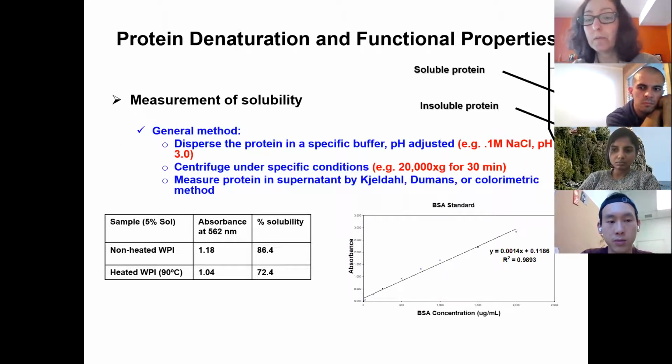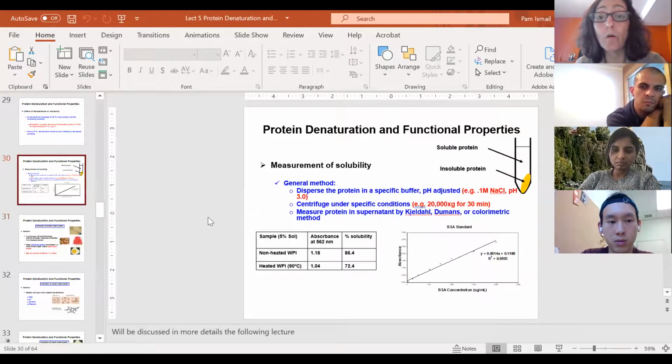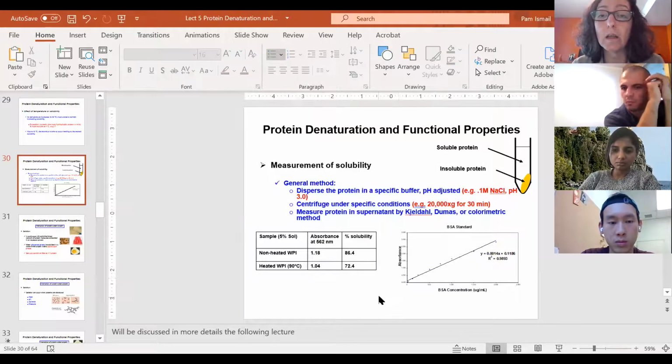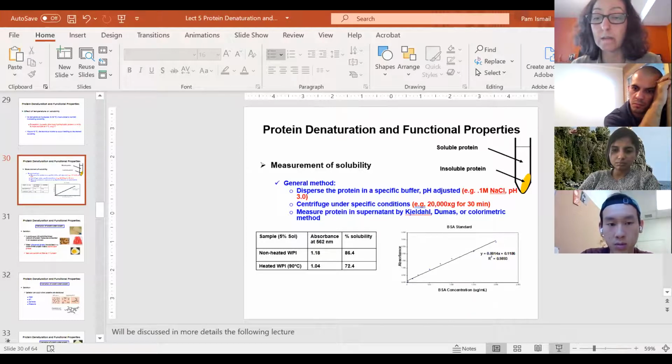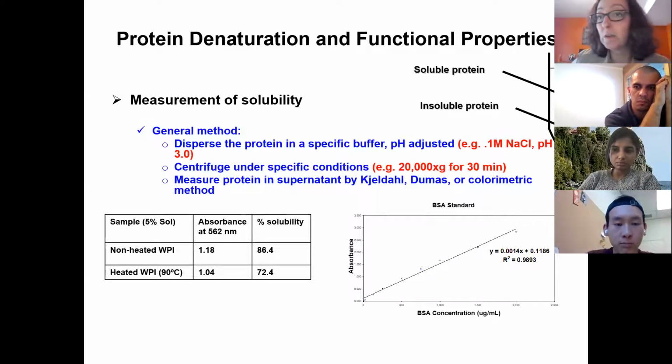We determine it either by Kjeldahl or Dumas. Not Dumans, there shouldn't be an N there. Or a colorimetric assay, if we know that it's really a pure solution and there are no interferences, we can run assays like the bicinchoninic acid assay, BCA, but we need a standard. In this case, usually we use a bovine serum albumin standard. But to have accurate results, we often do nitrogen-based analysis, and Dumas is faster than Kjeldahl. So we use Dumas to measure the protein.